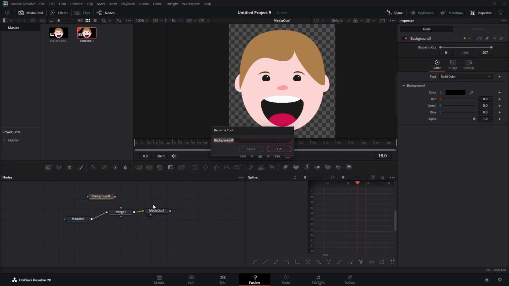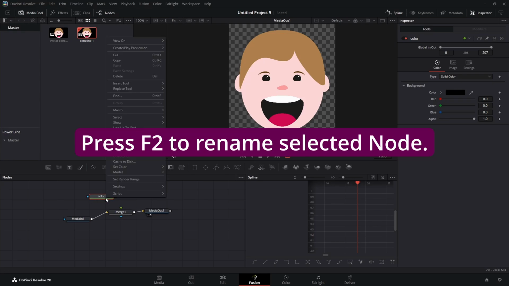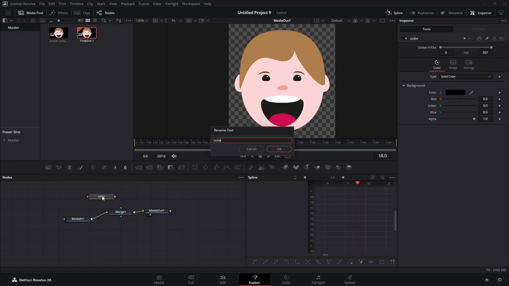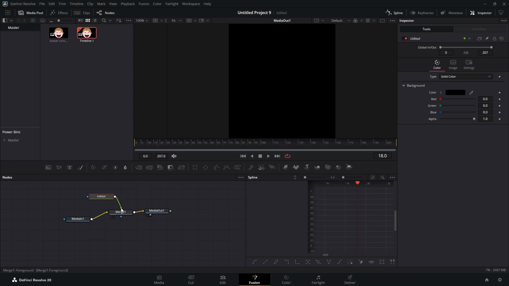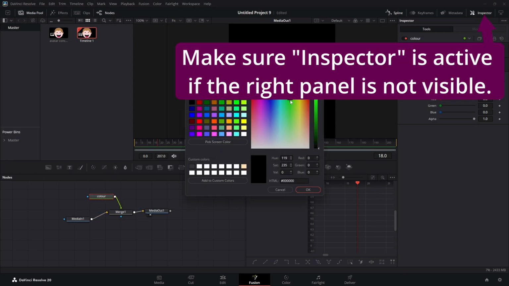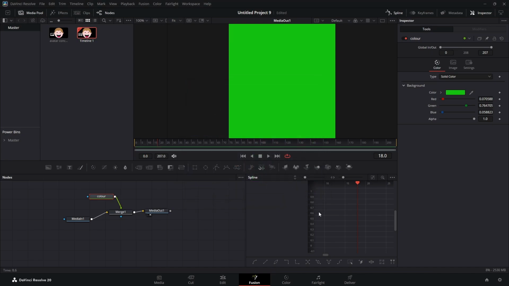Let's call it just color. So that's here then. And we're gonna plug that into the green thing. So our image is covered in color. Color in this case is black. So if we make something that we can see, like green, see,